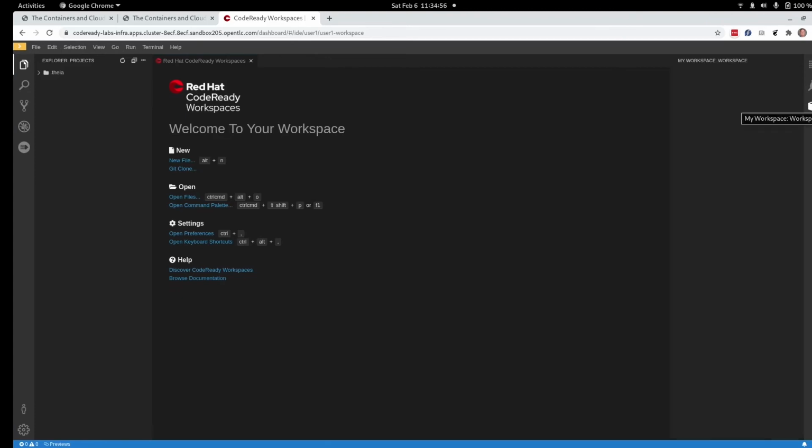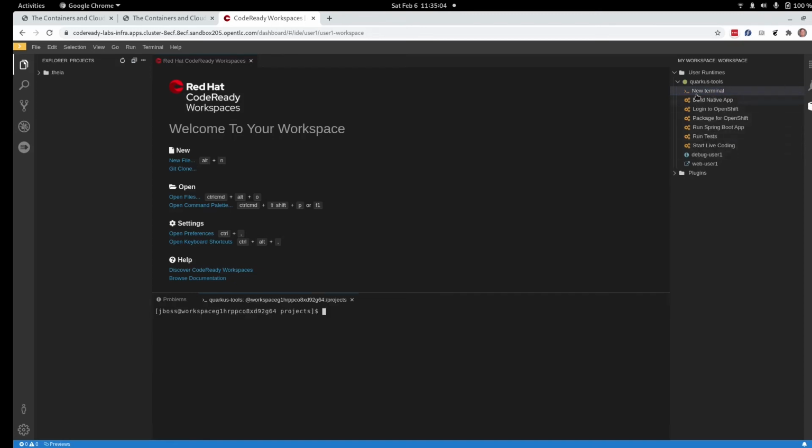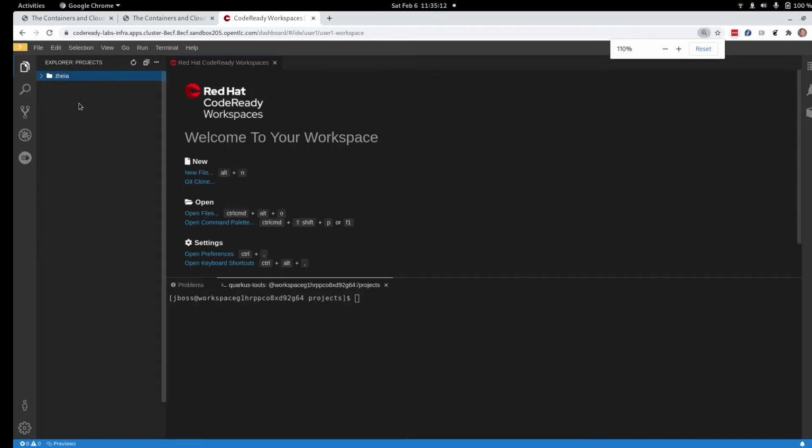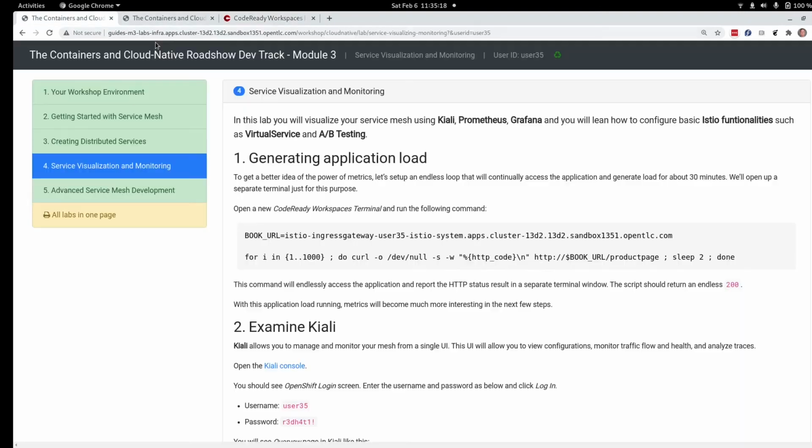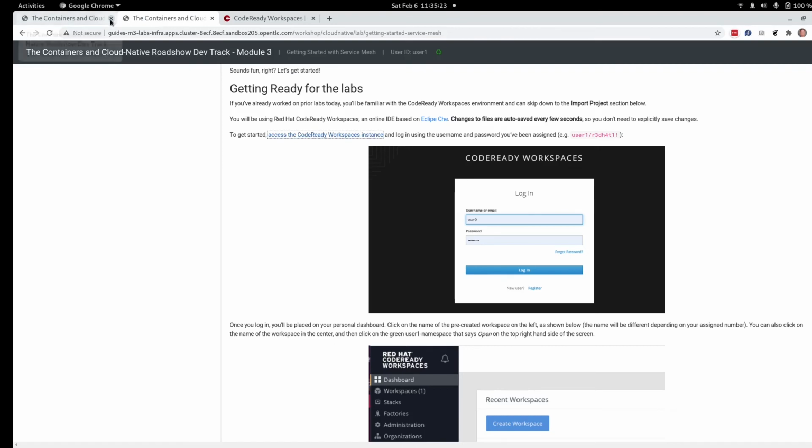And there's a toolbox here, and this allows us to do a couple of things, like start a new terminal or log into OpenShift, various other kinds of things as well. So that toolbox can be retracted, and so can the source code to give you more room. But I'm going to make the text a little bigger so it's more humane to watch in a video. And our next instruction here is basically to